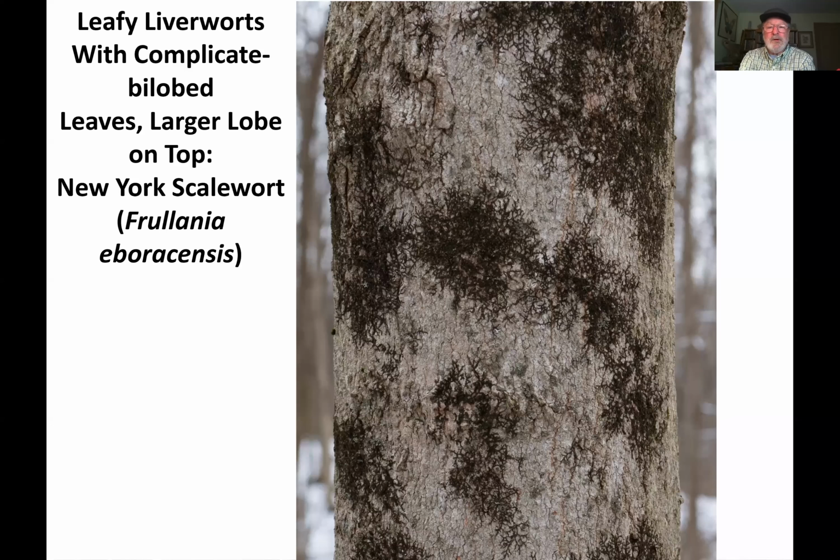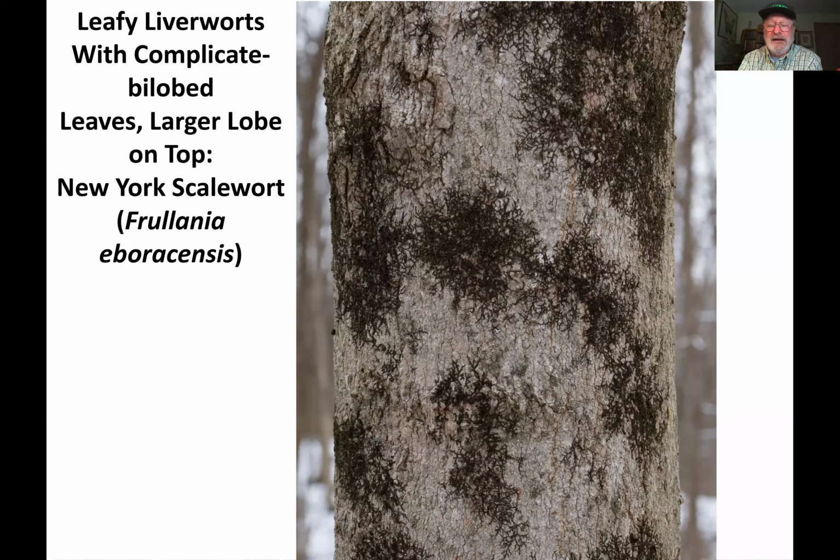Okay, here's what I think would be, at least in Ohio, the most frequently seen but not recognized as such liverwort, because it doesn't look like a liver, that's for sure. And it's not something that you're likely to look at very carefully. This is Frullania eboracensis. It happens to be a leafy liverwort with complicate bilobed leaves with the larger lobe on